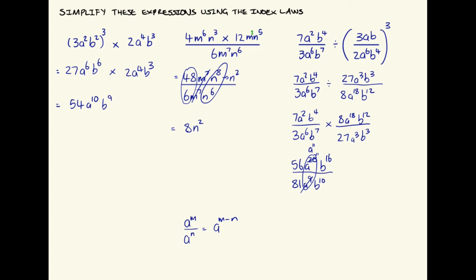Same thing goes with b to the power of 16 divided by b to the power of 10. It'll become b to the power of 16 minus 10, and so that will become 6. So all this gets crossed out, this gets crossed out, and that becomes a 6, because 16 take 10 is 6. And it doesn't look like we can simplify 56 over 81. So we'll go ahead and rewrite this as 56 a to the 11 b to the power of 6 all over